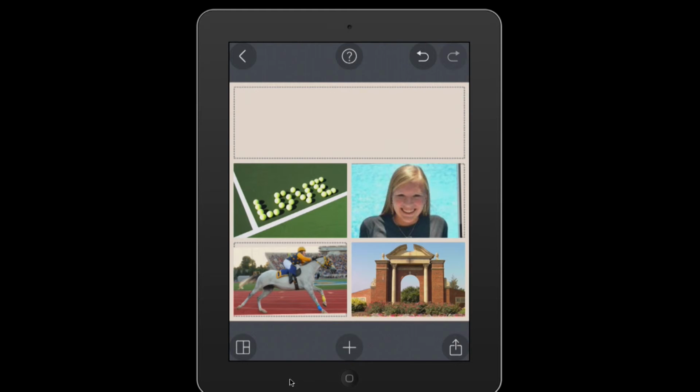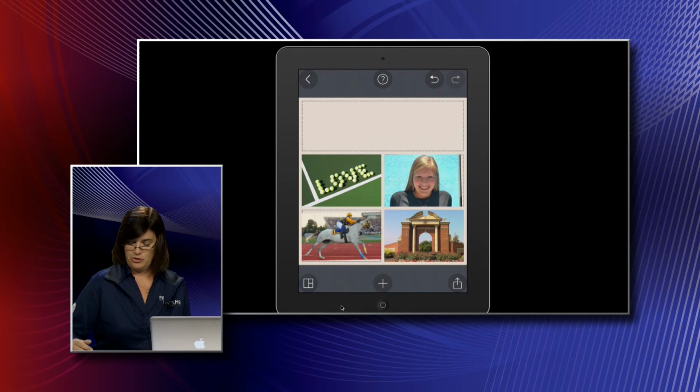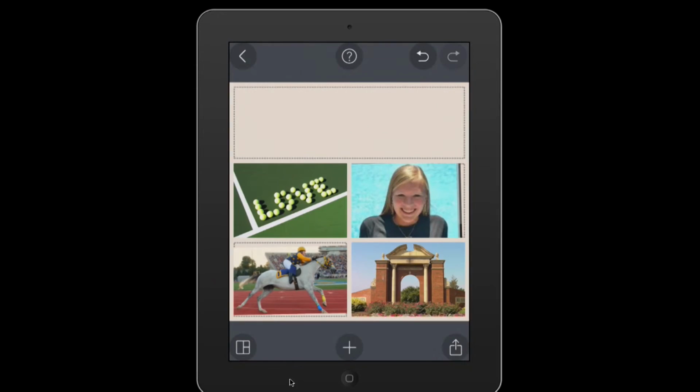I love to play tennis, so I put my tennis picture. This is my daughter who is at Murray State. And these are a couple of pictures from Murray State. Murray State University is kind of famous because they have a horse that actually runs around the track after every score in touchdowns or field goals in football.